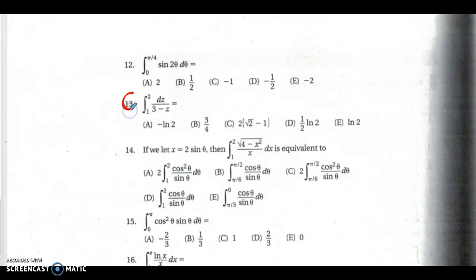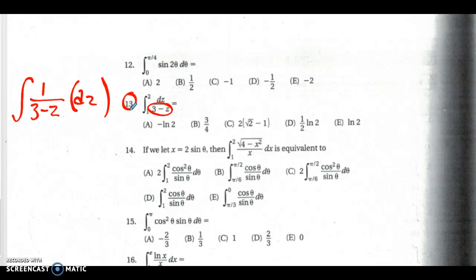Let's try number 13. So 13, no fractions, no radicals. So if I bring this up, it would go up to the negative first power. So I'm going to leave that down below. Move the dz out to the side. This could be an ln problem. The derivative of the bottom would be negative 1. So I'll put a negative 1 in here, counteract it with a negative 1 on the outside. And the integral of 1 over something is the ln, lots of lines, the absolute value of that something,